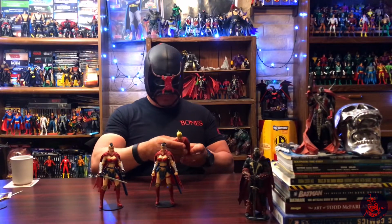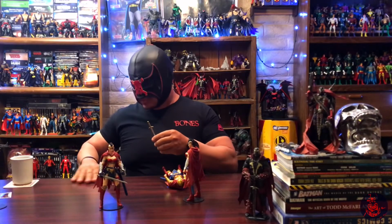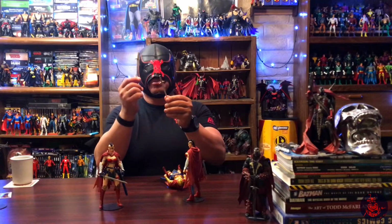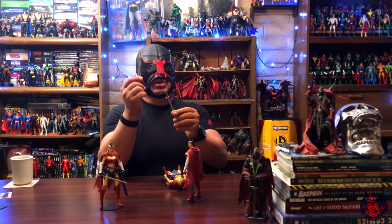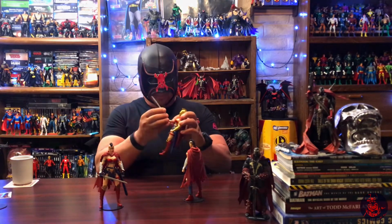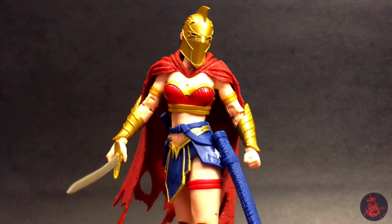Now, if you do take the sword from the original release and compare it to the new one, there you could really tell the difference there. In fact, the blade is a little bit shinier silver, and the gold, like of course how I said before, is a little bit more metallic and lighter gold. Pretty cool difference there. But of course you can put the sword in her hand if you would like to display her like that, or if not, you can put it inside the sheath